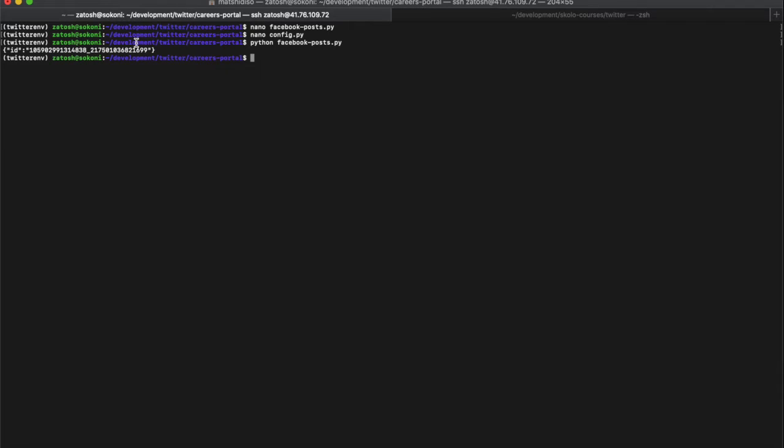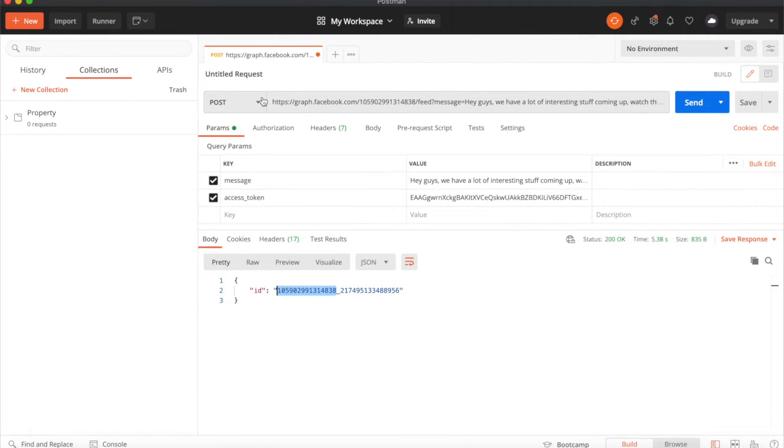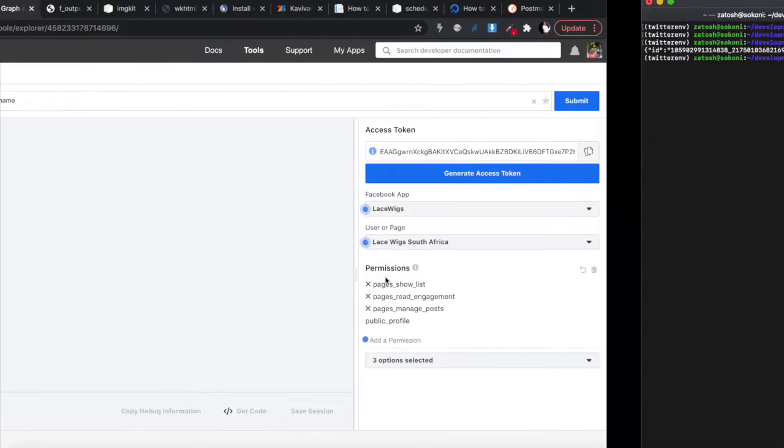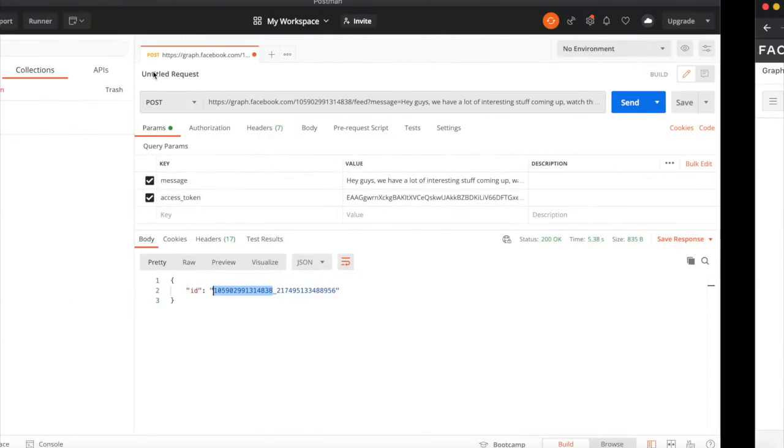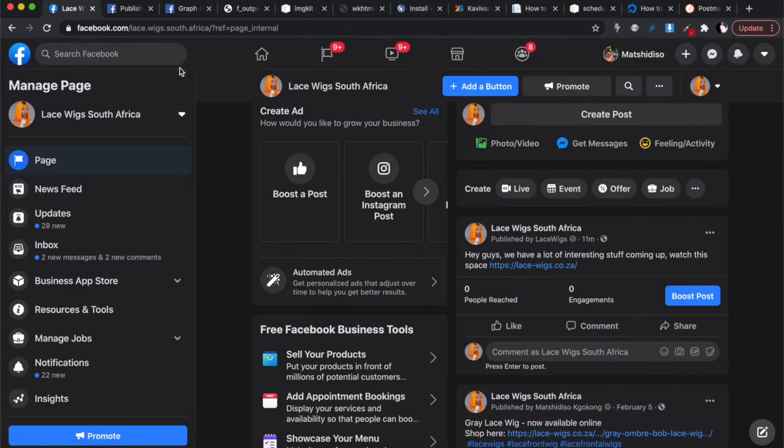There you go. So what you're getting here is very similar to what we got before. This is what it returns, the page ID and the post ID. You'll see this post ID ends with a 56. It's a different post ID there that ends with a 699. And if we go back to our Facebook page and restart it, we should be